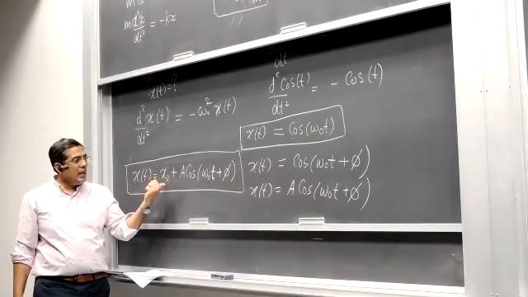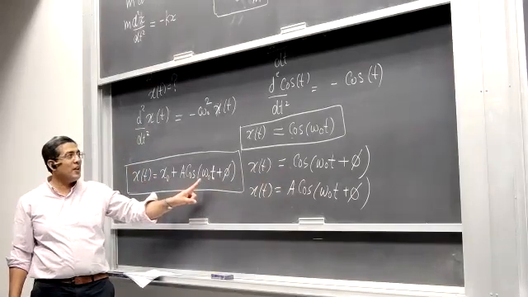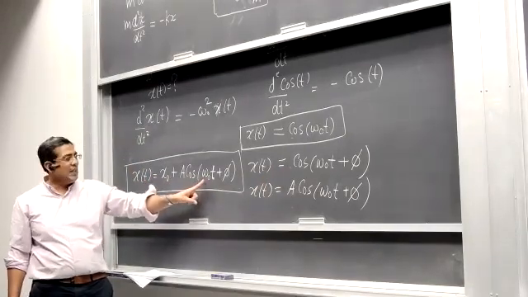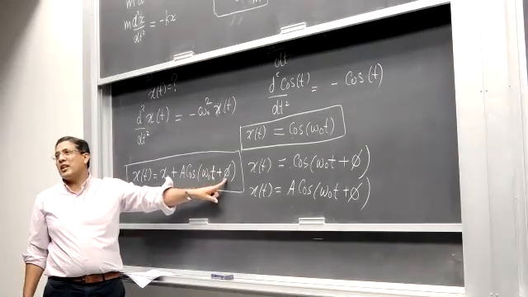And omega is just a constant that we know already, because we know the strength of the spring and the mass of the system. So omega naught is already known. Time is just a variable, the independent variable, and there's one quantity left, that is phi.